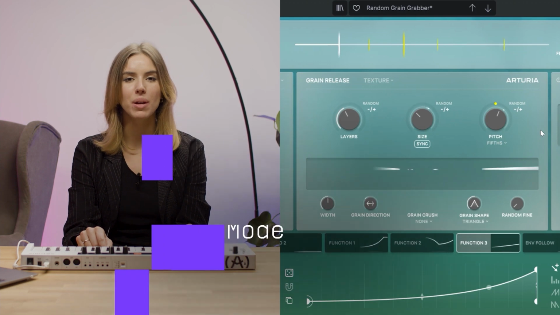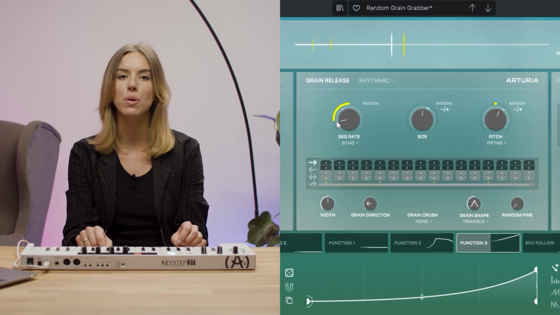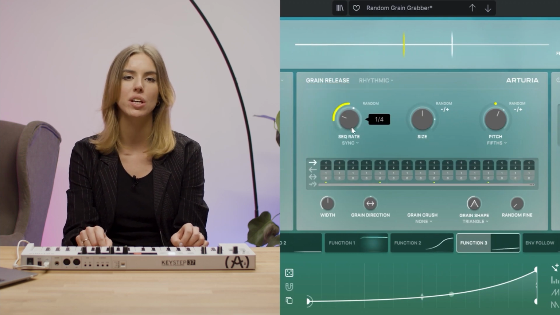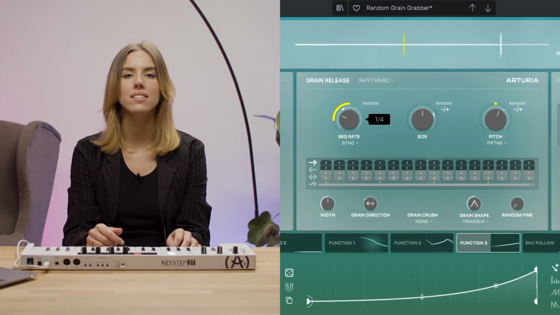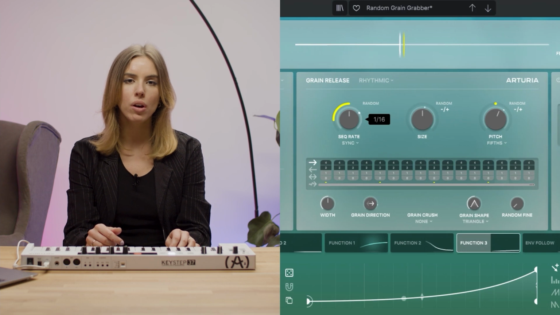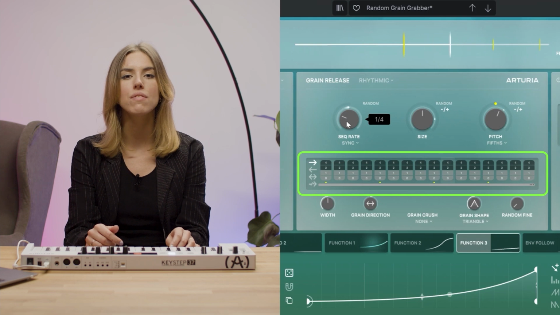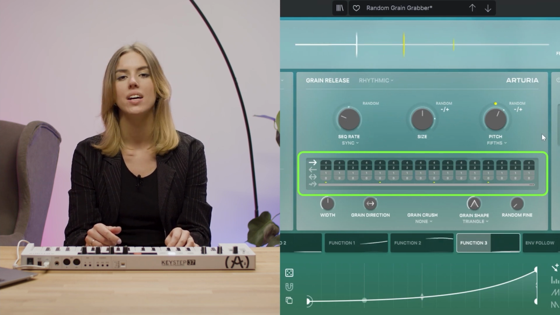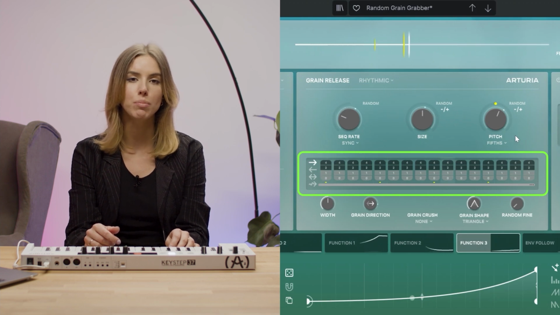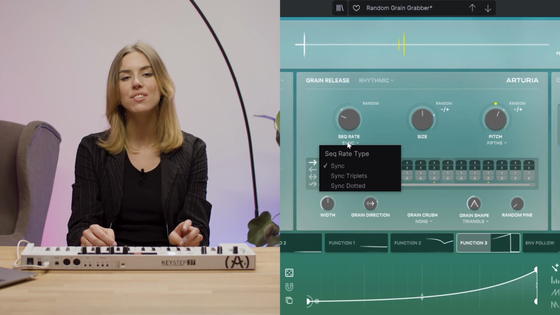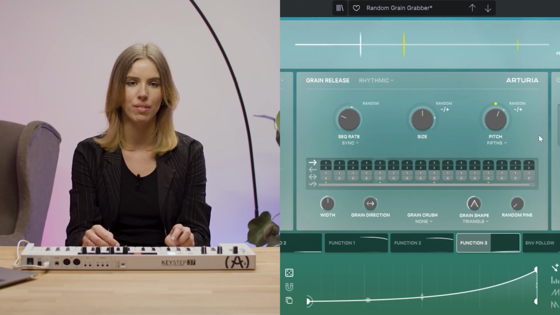In contrast, the rhythmic mode is used for the more rhythmic granular alterations. It'll be great at mangling drum loops or adding rhythmic layers to soft, pad-like sounds. In this mode, the density turns into a sec rate control, which defines the rate of the rhythmic mode sequencer. The sequencer is fully visible in the advanced panel mode. Sec rate control time divisions are synced to the tempo, including triplets and dotted modes. Let's listen to this pad sound being transformed into a rhythmic layer with the rhythmic mode on.